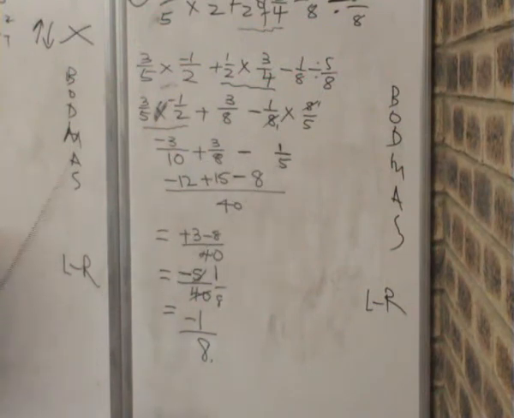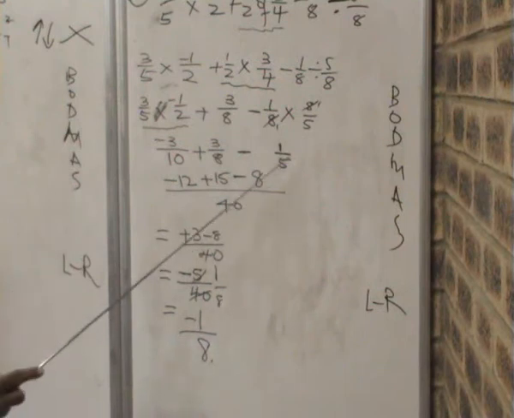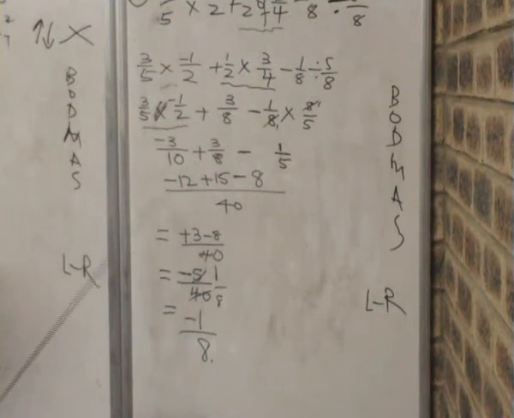Now when we look at this, we say, well, let's find the LCM. So there's your LCM, 40. Now if you don't know how to find LCM, please go back and learn how to find LCM. 10 divides into 40 4 times, 4 times minus 3 is minus 12, correct. 8 divides here 5 times, 5 times 3 is 15, correct. 5 divides here 8 times, 8 times 1 is 8, correct. Working left to right, minus 12 plus 15 will give you 3 minus 8 over 40. You have 3, you owe 8, so you'll owe 5